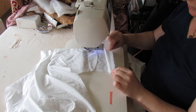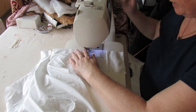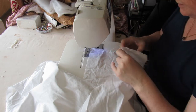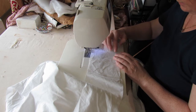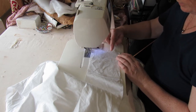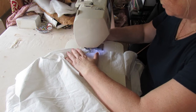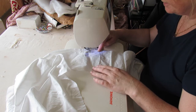Almost got to the end, but I've also almost run out of the border, so I'm going to stop here, and I'm going to put the border and the next section together. Seeing as that's already face up, I'm just going to pop this one down on top. It's a bit raggedy here, so I'm just going to run the side of my foot along where the fabric gets better. When I'm doing the underside, I just add the borders as I go along, so it makes life easier. Anyway, drop that down. I'm going to re-sew over my stitches,